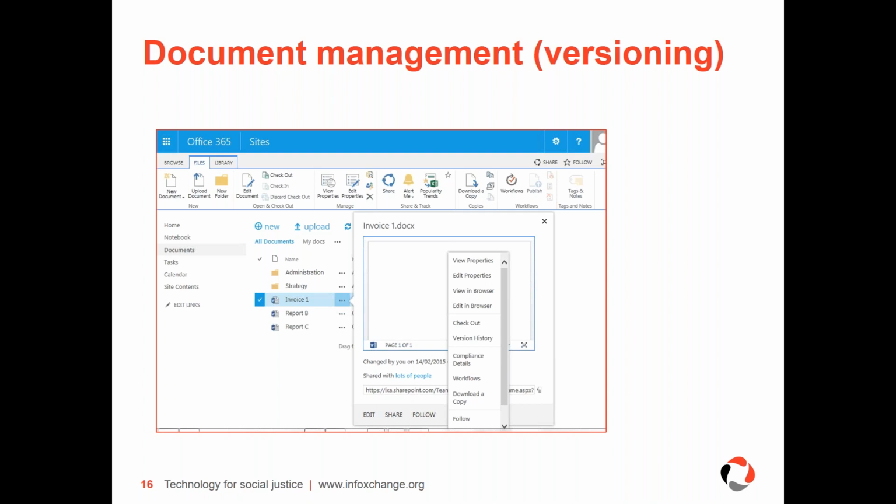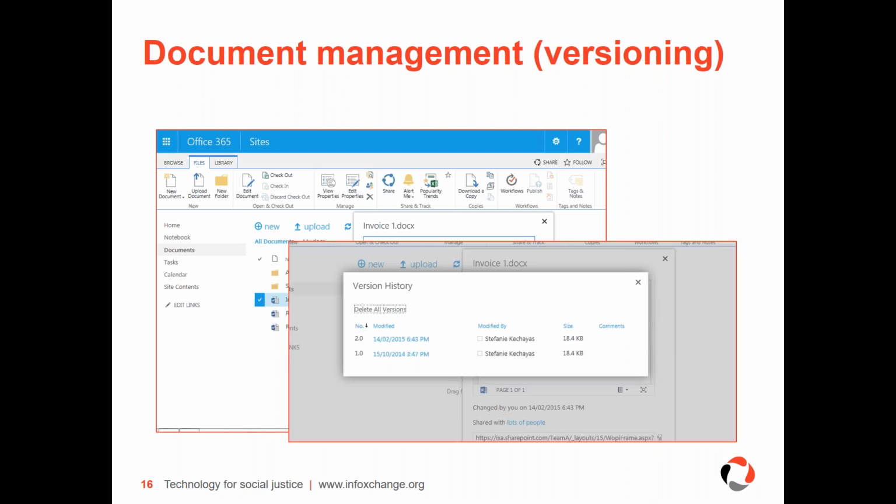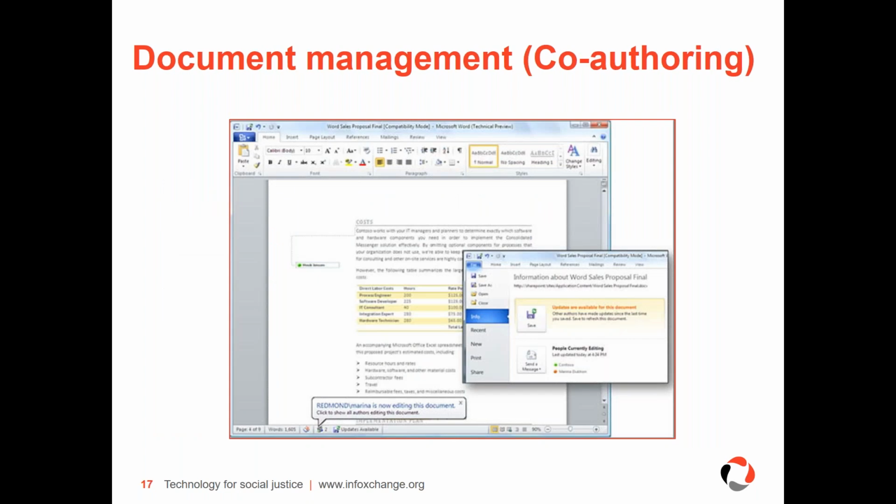Now, you don't have to introduce major and minor versioning on all document libraries. You can say, hey, for this document library, every change is a major version, so just implement major versioning. Whereas for these documents, we do go through a draft and approval process. That's when you introduce major and minor versioning. And you can see there's the version history of this document showing who modified it and when they last modified it. You can recover very quickly from there.